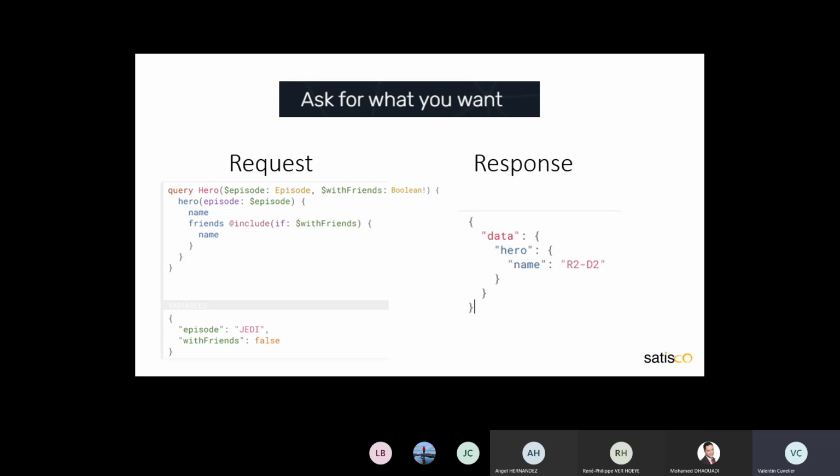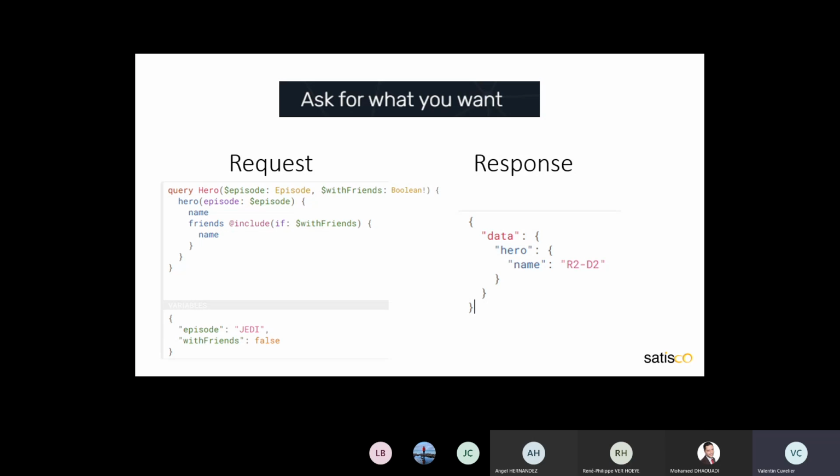Yes, if you want to have dynamic requests, is it possible in GraphQL? You can imagine, for example, in a website, you have a checkbox, for example, and you can select an episode of Star Wars.